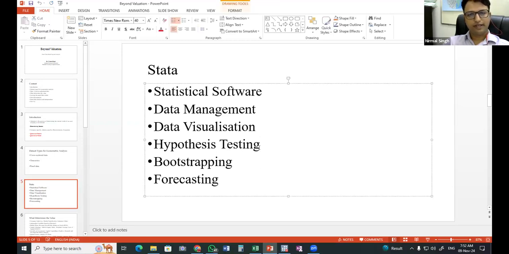Moreover, say I want to test if the debt to equity ratio is going to impact the valuation of a company or not, or if some particular regulatory norm is introduced, how it is going to impact the valuation. Will that impact be statistically significant or not? If I want to test all those things, I will rely on hypothesis testing, which is also available in this software. Although there are other software as well, like eViews and R, it is quite convenient to use Stata.